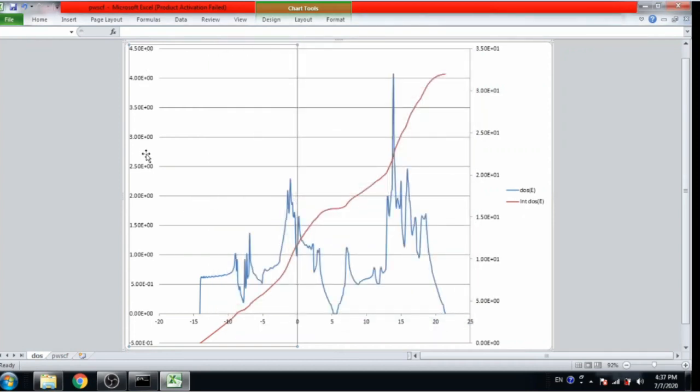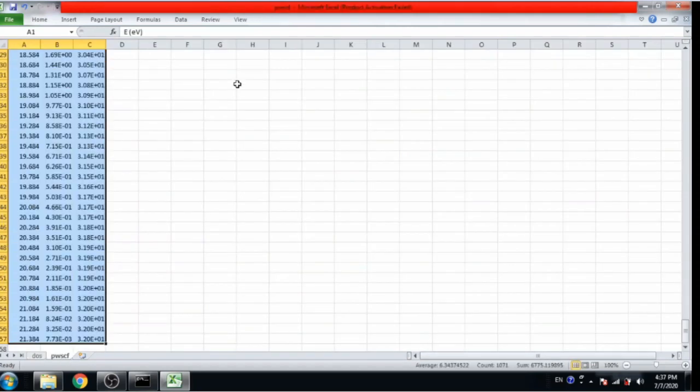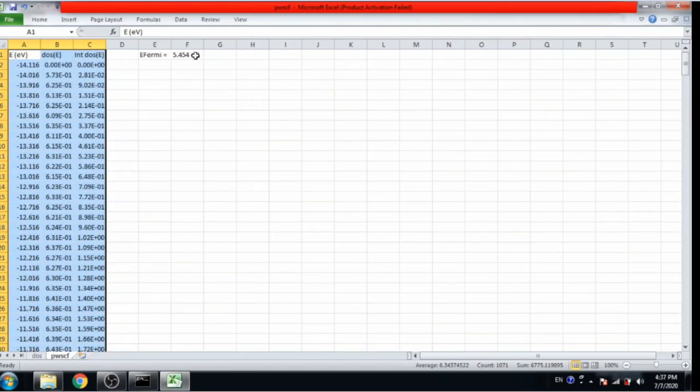Now we want to move this 0 line to the Fermi line. So we know the Fermi energy is 5.4554.